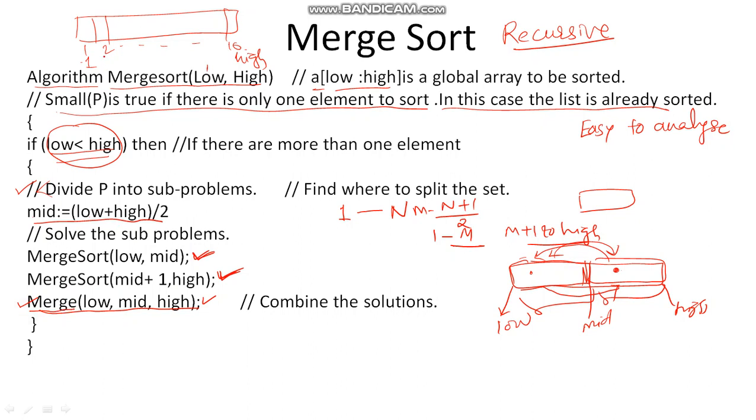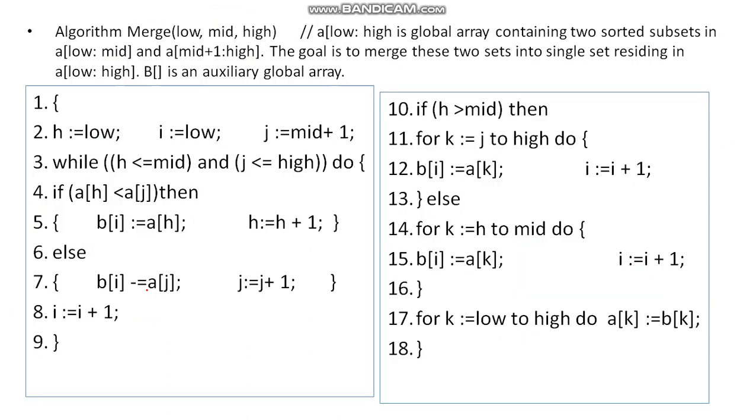Okay, so this whole algorithm itself is a merge sort. That means this merge sort is calling two instances of merge sort, and once these two instances are called, later on these two parts are combined together by using the algorithm Merge. And this is the merge. This is the algorithm Merge, in the next slide.